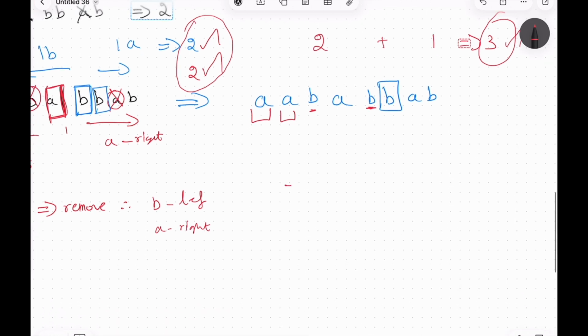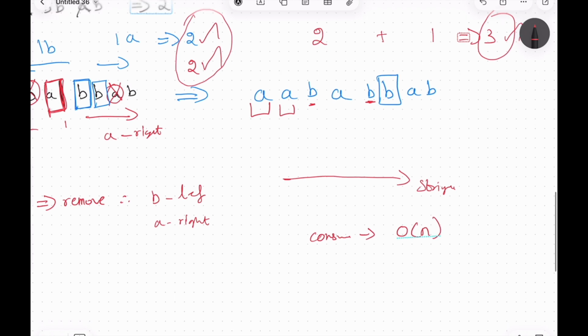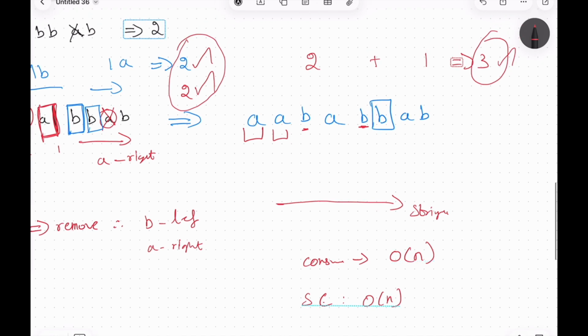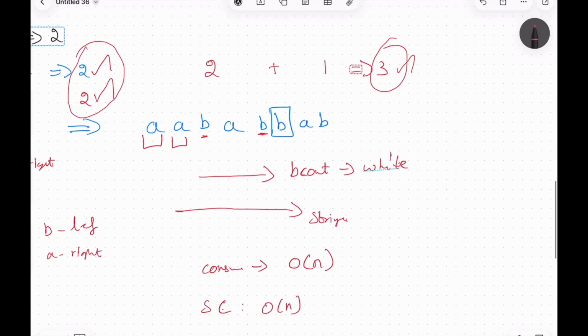And since we are iterating linearly through the string, this will consume order of n time, and the space complexity will be big O of n, because we can calculate the right side, which is a count on the right. Sorry, this is b count on the left, that is what we can find, right? So this will be b count on the left, so we can find it while iterating